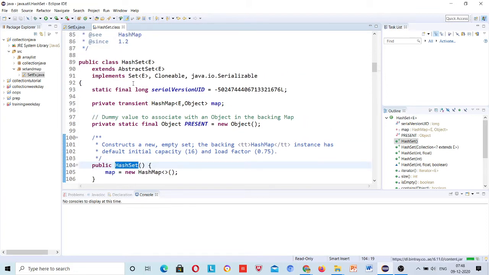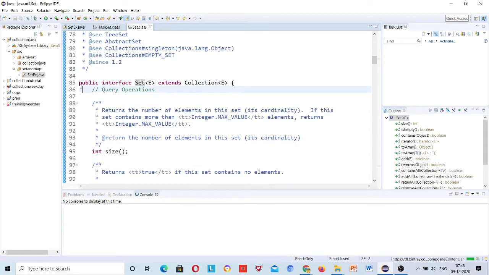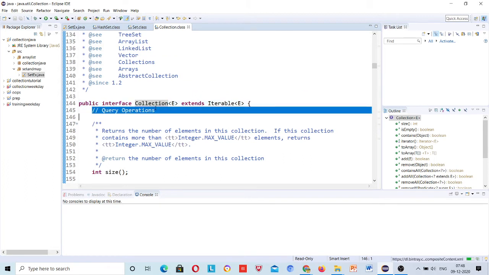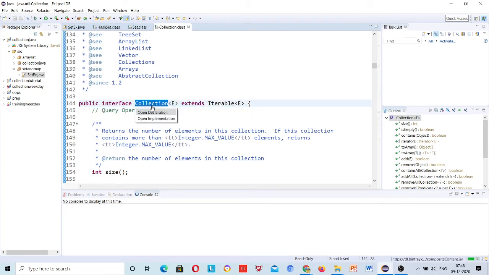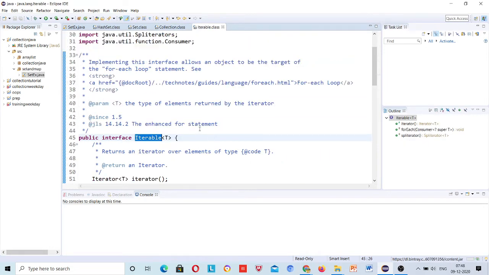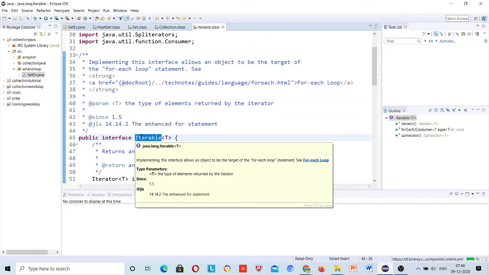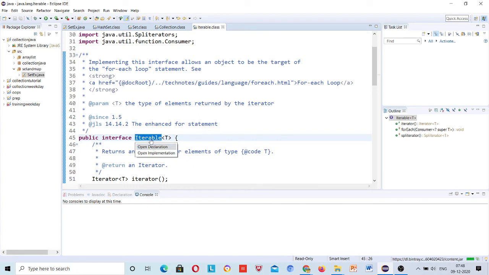And if I click on Set, you can see public interface Set extends what? Collection interface. And if I go to this Collection interface, it extends Iterable. See, and if I click on Iterable, it is not extended by anyone, right?